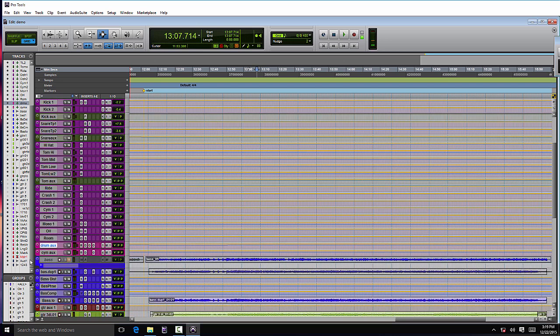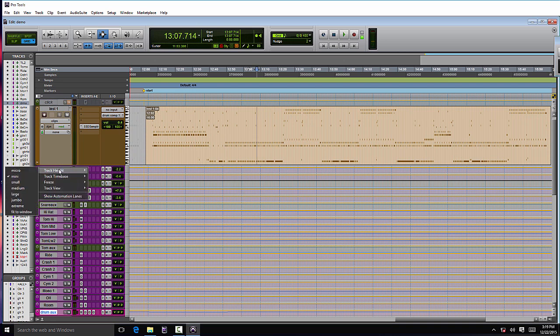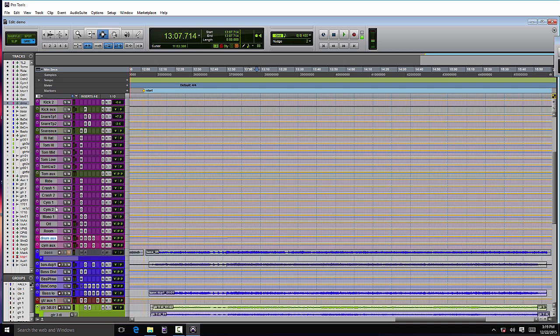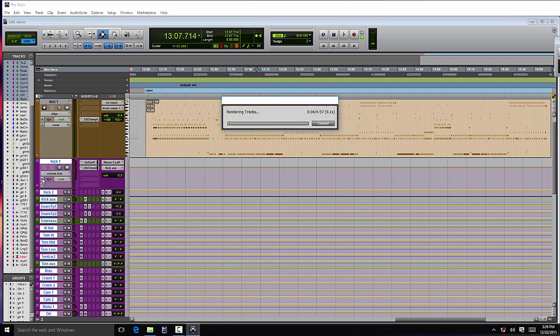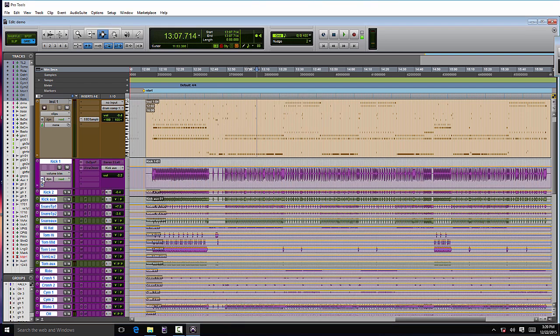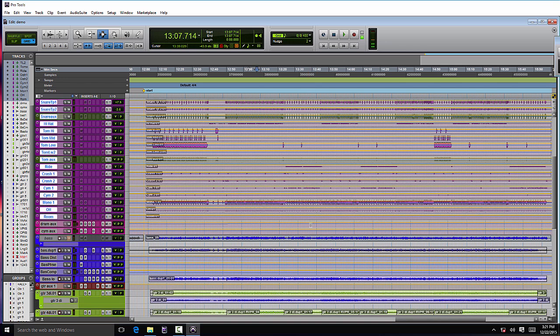So one way would be to select the first and last track in our row of auxes that we want to freeze, and Shift to select all of them in that order, and then Shift Alt on PC or Shift Option on Mac and hit freeze. So now we have all of those auxiliaries frozen, and if we flip over we can see all of our